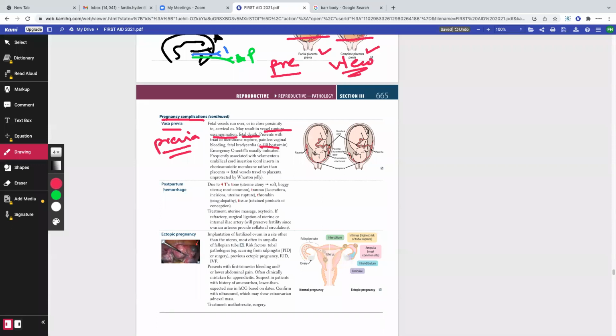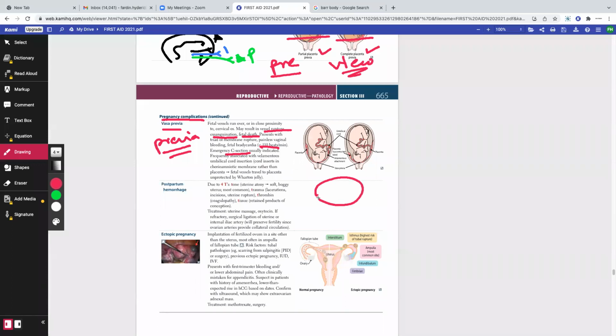In these cases, do we go for normal delivery or do we go for emergency cesarean section? We go for CS. Okay, as simple as that. It's frequently associated with velamentous umbilical cord insertion, and fetal vessels travel to the placenta unprotected by the Wharton's jelly. So what happens is that the cord inserts in the chorionic membrane rather than the placenta, and this allows the vessels to travel to the placenta unprotected, meaning that in the umbilicus, do we have the blood vessels suspended